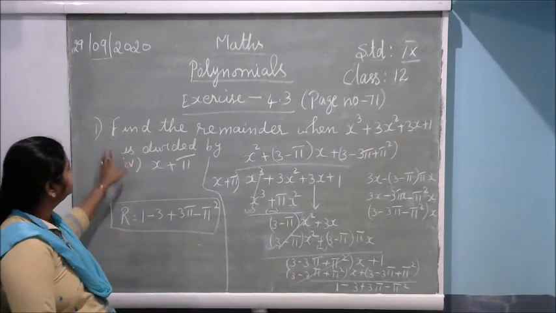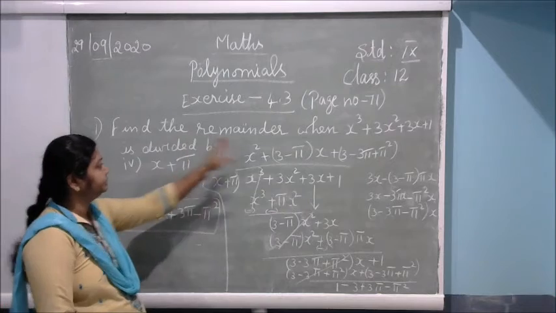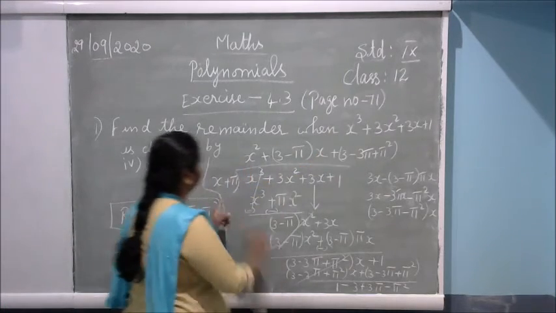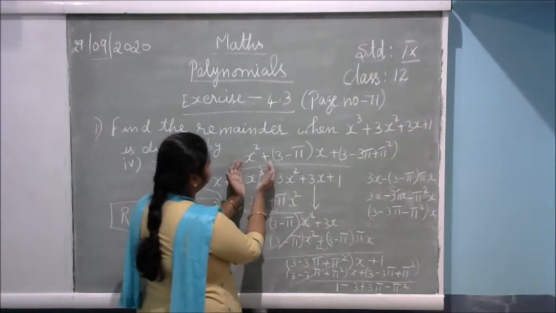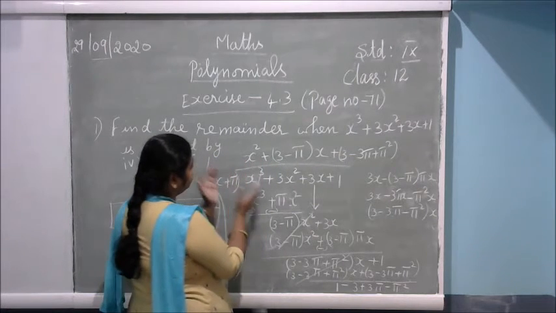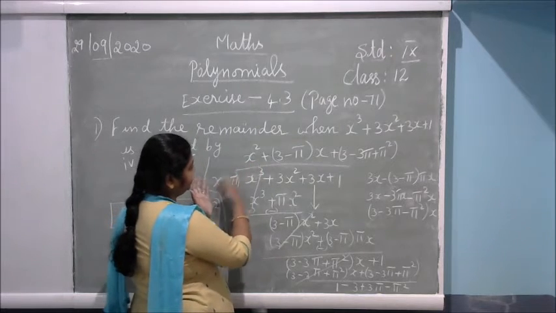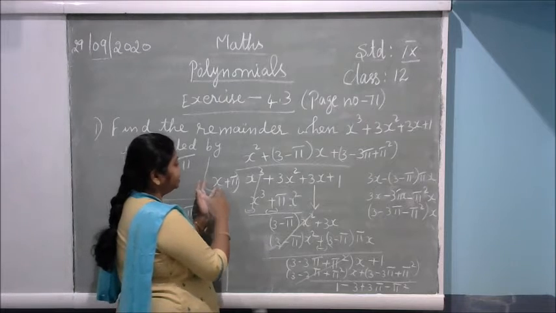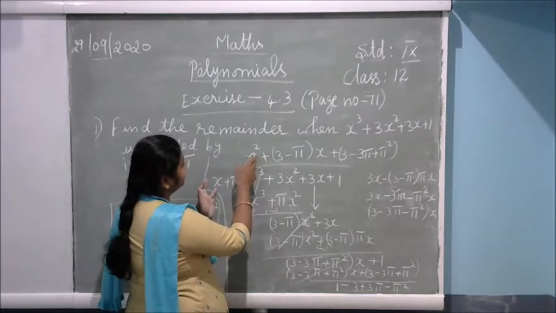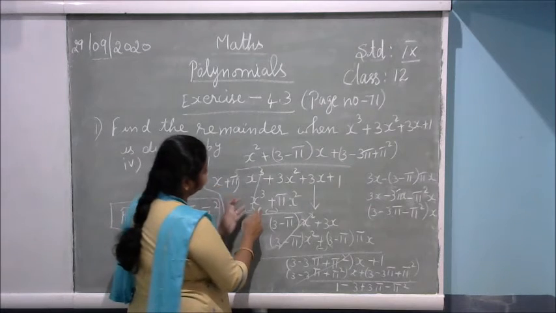Now the second sum, the fourth one, I have done: with the x plus 5 we have to divide the given equation. Okay, how to divide? x plus 5 is there. So the first term here is x cube. So you have to make the first term x cube. So which variable do you have to multiply with this? With the x square, if you multiply with the x, you will get the x cube. That's why x with the x square I have taken here. So x square into x, x cube.